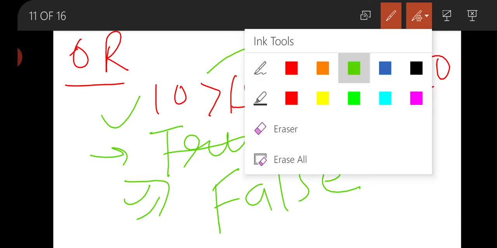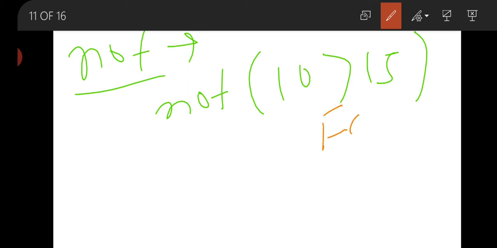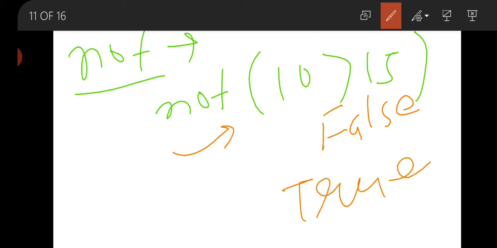And in the case of the NOT operator, suppose we have applied NOT to 10 is greater than 15. Now see here, 10 is greater than 15. This condition is false, but after applying the NOT operator, this will become true.